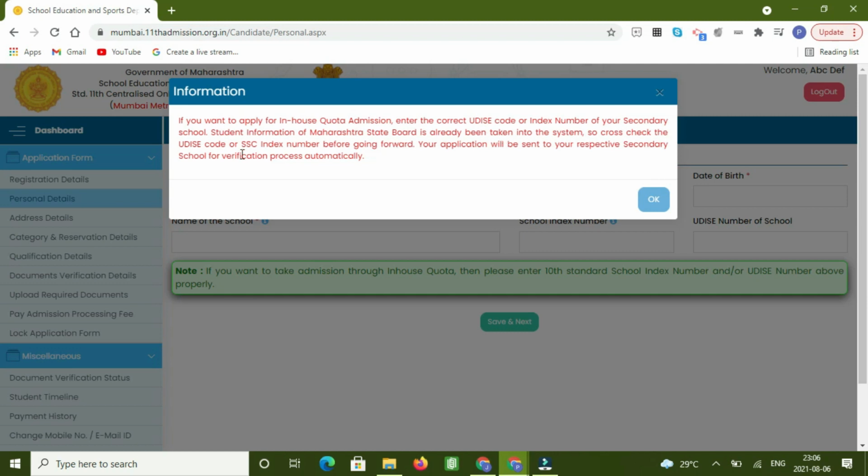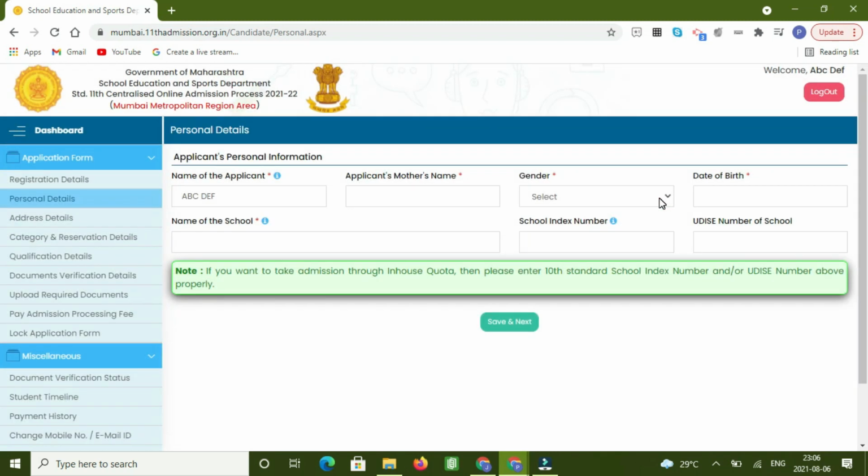So cross check UDISE number or SSC index number. Any other board students, if you have a UDISE number, please get it from your school. Your application will be sent to respective secondary school for verification process automatically. You can please refer to all these notes that the website is generating.